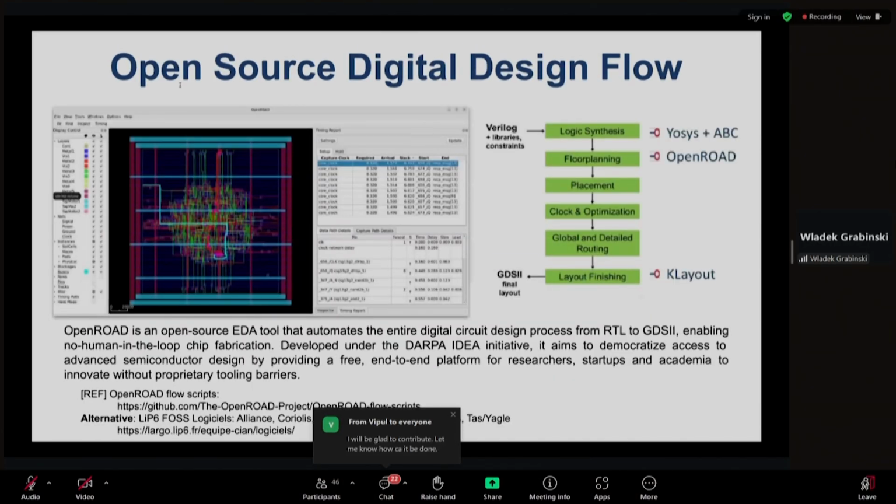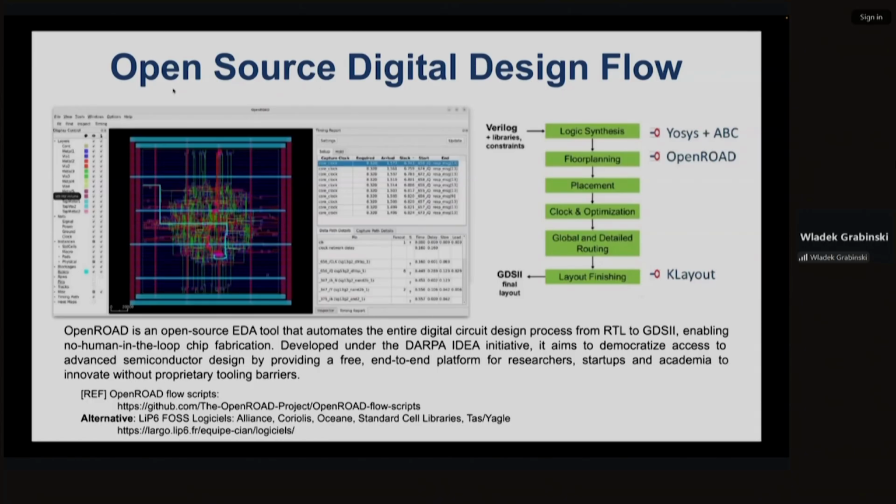Digital design is simple. Okay, that's not the right expression, but it has a complete digital design flow, starting from a Verilog high-level description and appropriate libraries. You go through synthesis, floor planning, placement, clock optimization, down to the final layout.